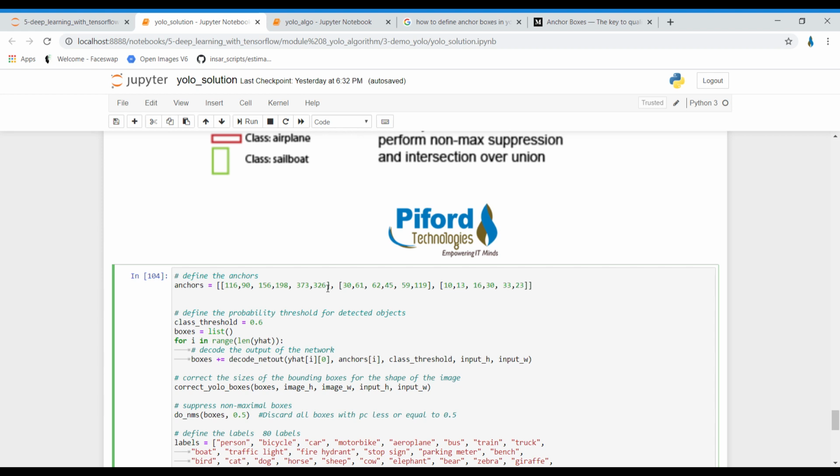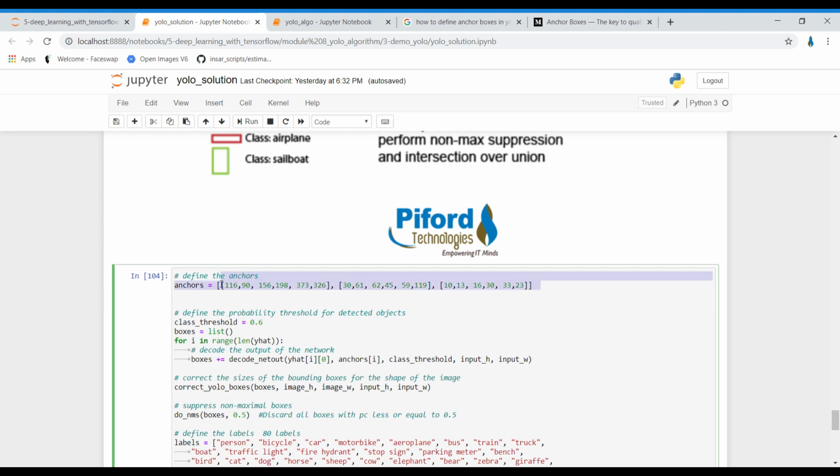And how do anchor boxes work? Basically, first of all, we will tile all the anchor boxes on the image, and for each anchor box we'll calculate which object's bounding box has the highest IOU. If the highest IOU is greater than the threshold value, then we'll tell the anchor box that it should detect the object, right? And if the IOU value is less than that threshold value, then it will predict that there is no object. So this is what we are doing. I have 0.6 as the threshold value.